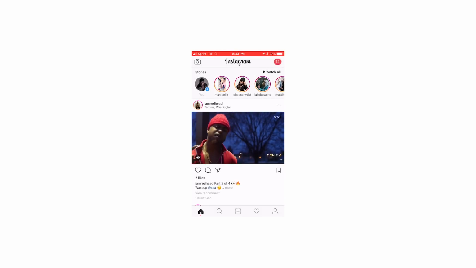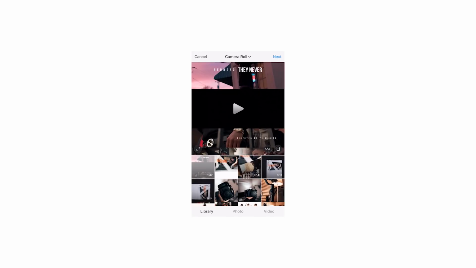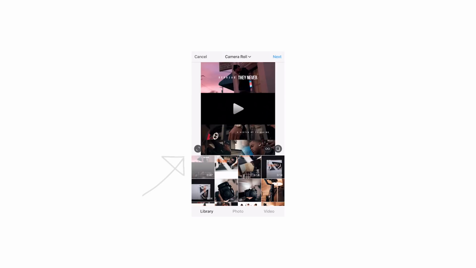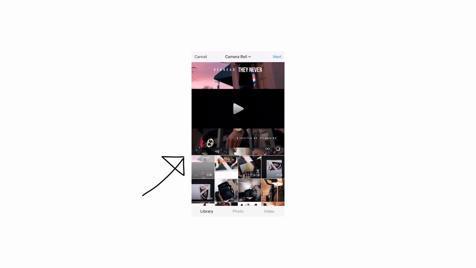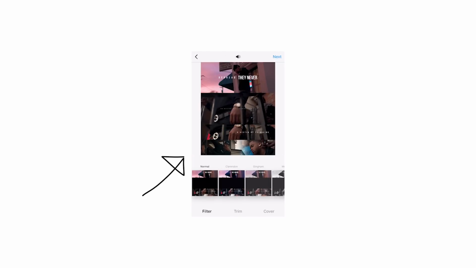So here we are on Instagram, and this is the method that we use to actually upload these previews because they're a little bit different than just the square. So if we go to the upload button, here's the preview that we just did, but you can see that it's cut off. So what we do is we push this little button right here at the left bottom, and that's gonna adjust our constraints. So if we push that, we want to make sure we can see the entire thing. Then we go to next, and this is gonna put it on Instagram at that full resolution, that taller resolution